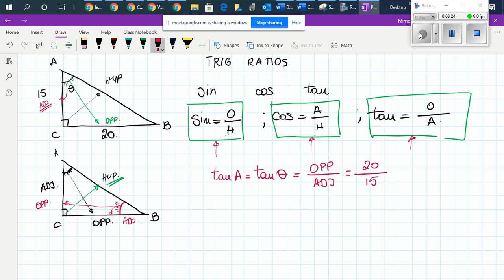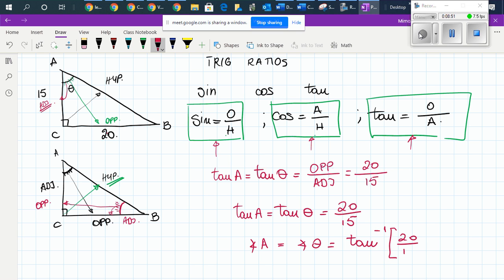So now this is a simple math question, in which tangent theta is equal to 20 over 15. The way that we solve for angle theta is by going to your calculator and solving for the angle. So inverse tangent of 20 over 15. So in your calculator,